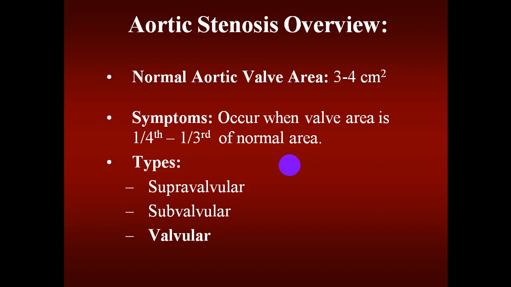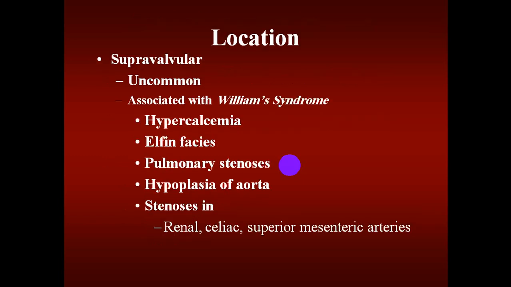The normal aortic valve area is 3 to 4 square centimeters in adults. Symptoms occur when the valve area is less than 1/4 or 1/3 of the normal area. We have three types: supravalvular, subvalvular, and valvular. The commonest is valvular. Supravalvular and subvalvular are rare. Supravalvular is uncommon,